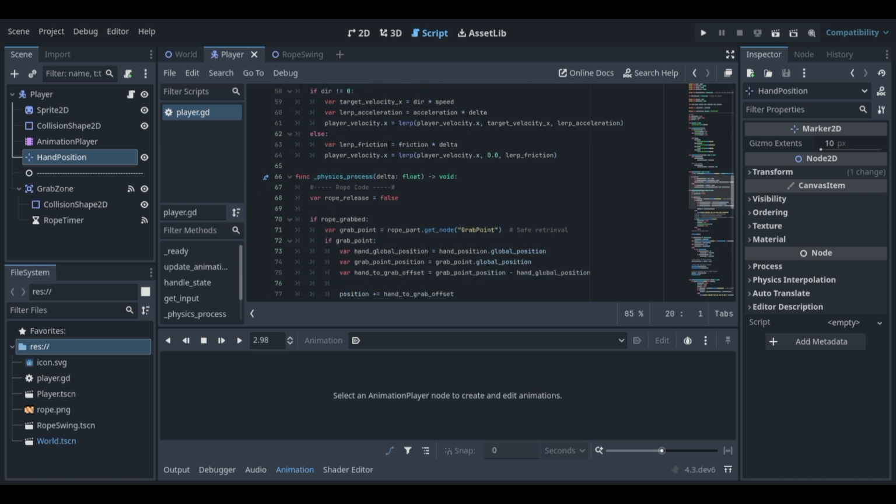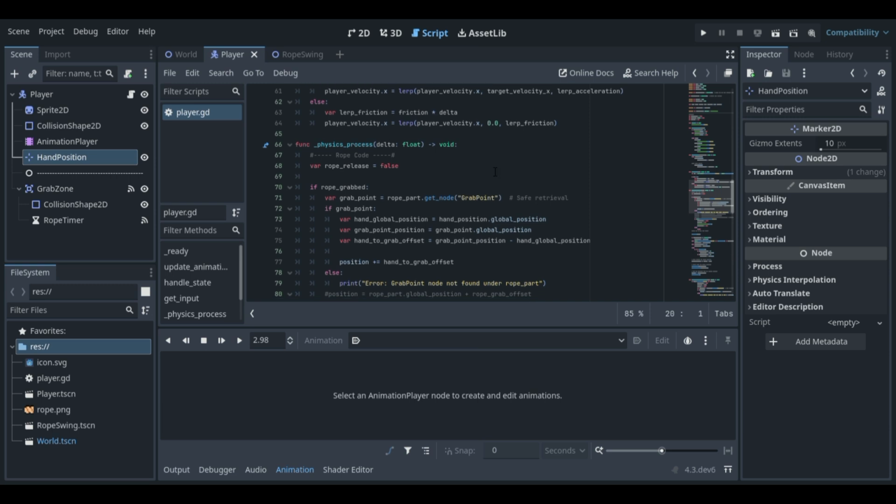Then player_velocity.x is equal to lerp(player_velocity.x, target_velocity.x, lerp_acceleration). Else var lerp_friction is equal to friction multiplied by the delta. Then player_velocity.x is equal to lerp(player_velocity.x, 0, lerp_friction).